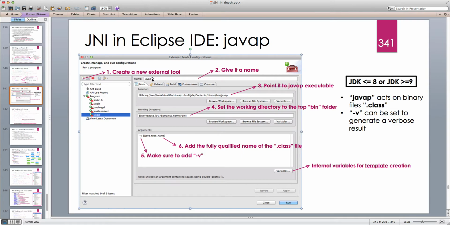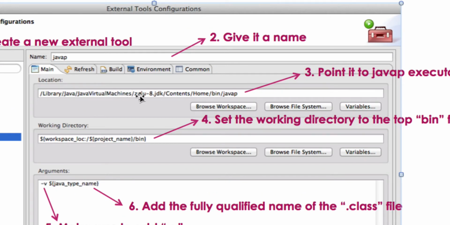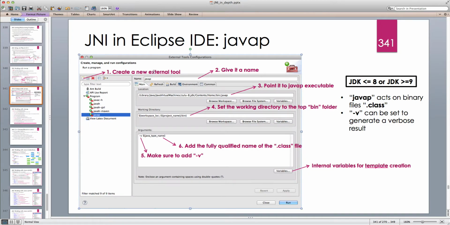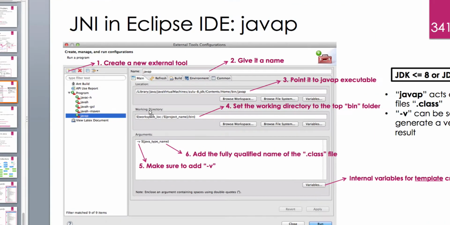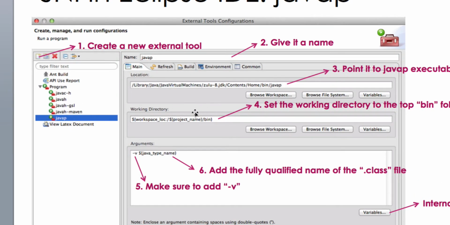I just call it Javap and point it to the binary file of Javap inside the JDK. So let's say Java Virtual Machines, the JDK I'm using, Contents, Home, and in the bin directory, I specify the Javap. So create a new external tool, give it a name, point it to the Javap executable. And then, very similar to Javaedge, Javap also acts on binaries. So the working directory must be set to the root of the binaries in our Java project, which is the bin